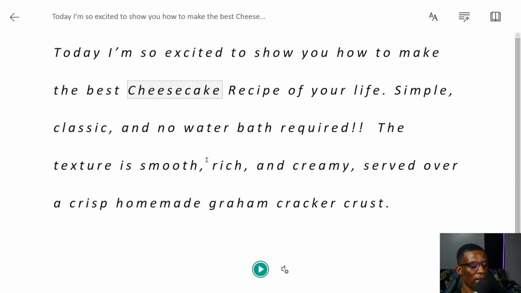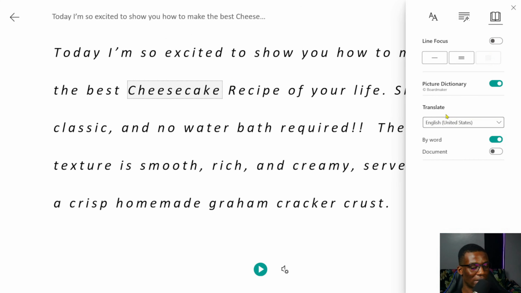It's going to stop there, and I'm just going to show you guys one little tip on how you can go about this. This text is in English. You can actually go over to this part that says reading preferences, and once you click that, you can actually translate this text into another language. Let's say we want to use